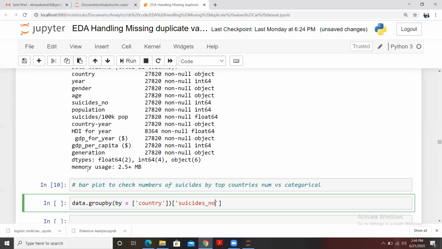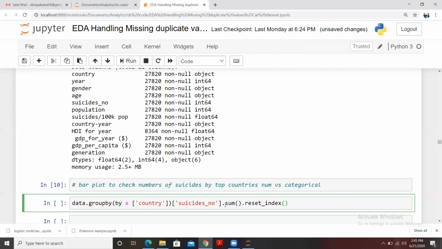This is the name of my column, and I just want to do the summation of this, the total sum. And if I group the data, there will be an index, so I just want to reset that index. So I'll be using this function to do that.